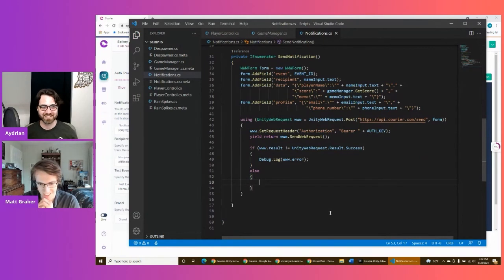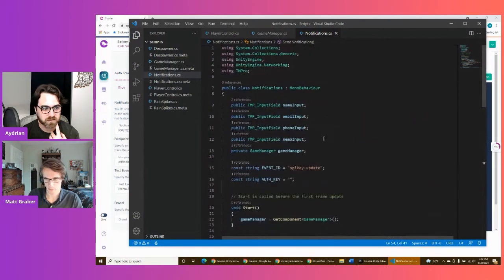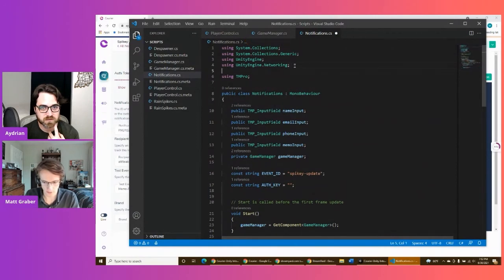All right. So then, otherwise, if we have a successful send, then we can do a debug.log and then just say form upload complete. And then one other thing I had initially when I made this game was I did scene manager dot load scene 0, and so what this does is it reloads the scene that's in position 0 of the build index, which is just this scene. So basically, we're just restarting the game. Nice. So once we send the request, we hit submit, the request ends, game just restarts. But the other thing I need to add for that is using the